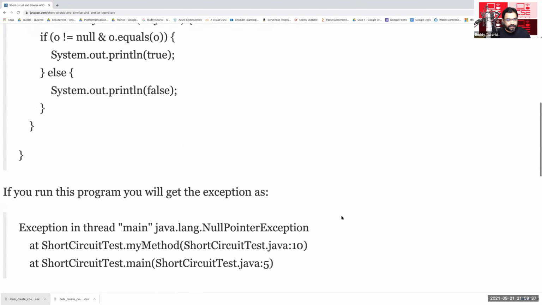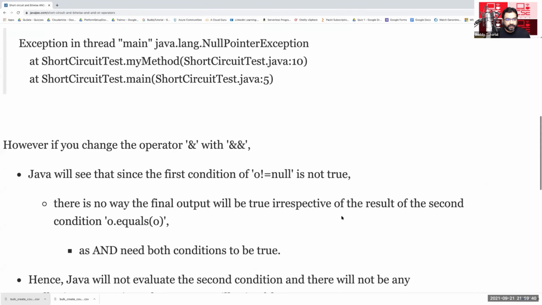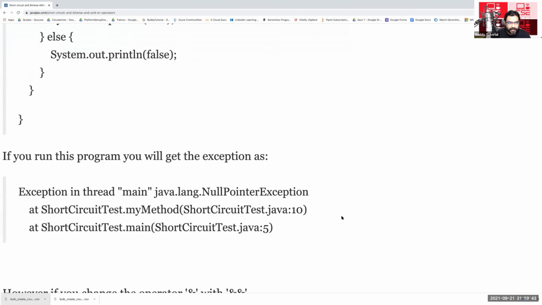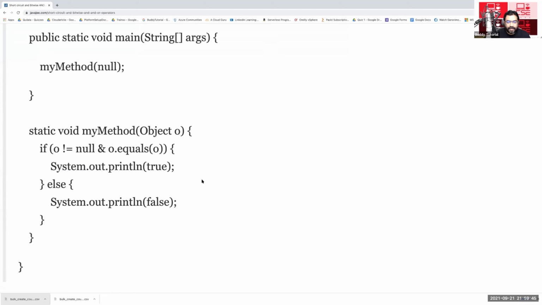You have some examples for bitwise and non-bitwise operators. One place where short circuiting is used is if the second condition can lead to some error. In case the first is not available, then you can use the short circuit operator. For example, you are calling o.equals, a method on the o object. So you can check whether that o object is null or not. If it is not equal to null, then you can evaluate the second one. But if we use a single operator, even if it is null, it will still call the second one and it will fail.